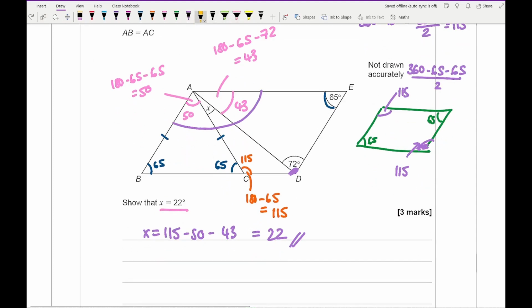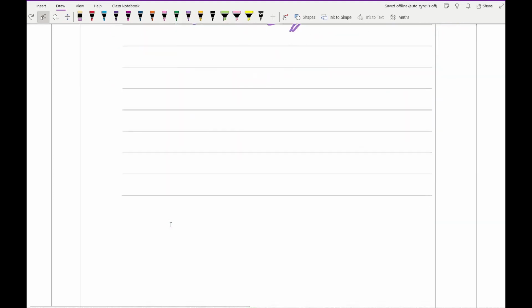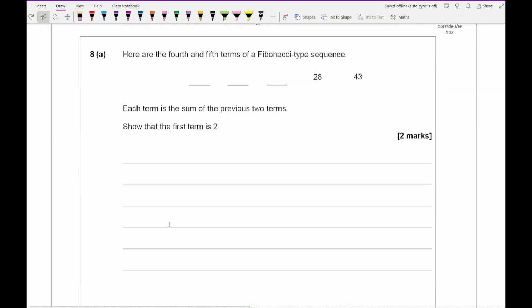You could also work out what this angle here is by doing 115 minus 72 and then working out the angles in this triangle here. And again, you should get the answer of 22. So any method would be fine as long as you show your working on the diagram for what the answer of x is. Moving on to question 8, it says,